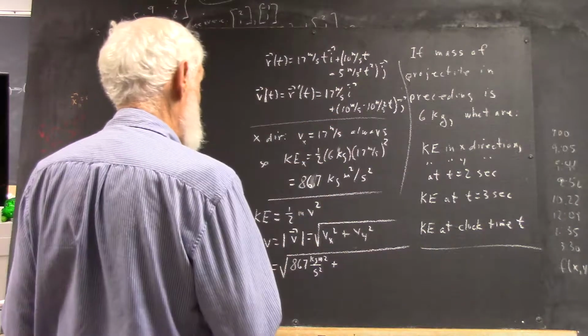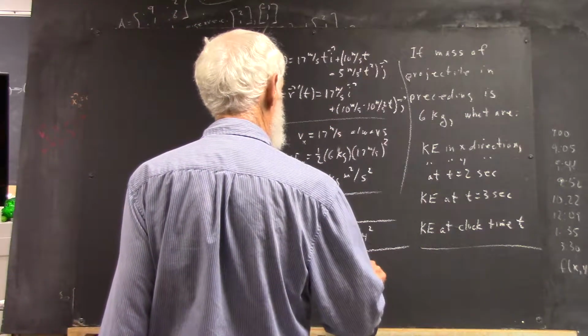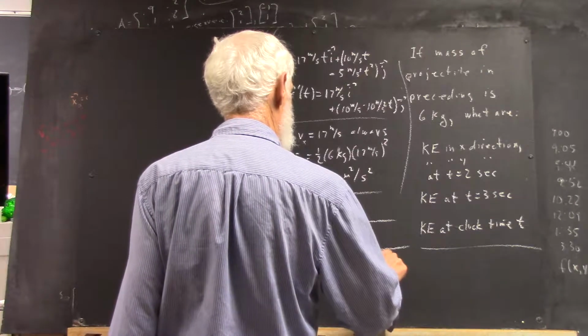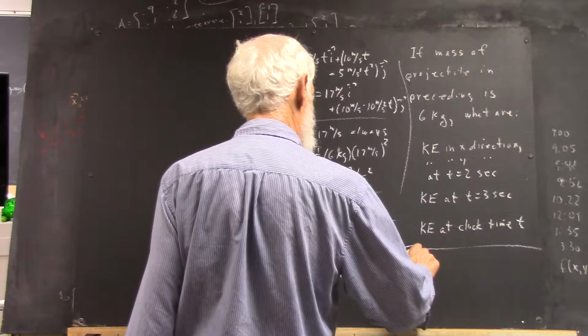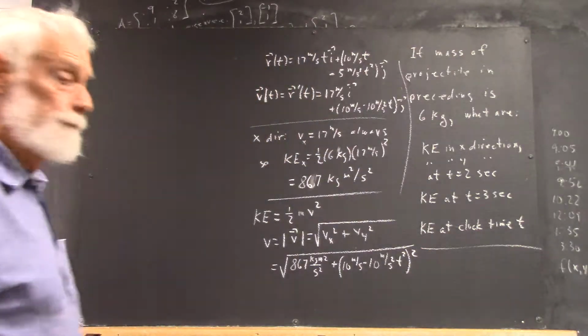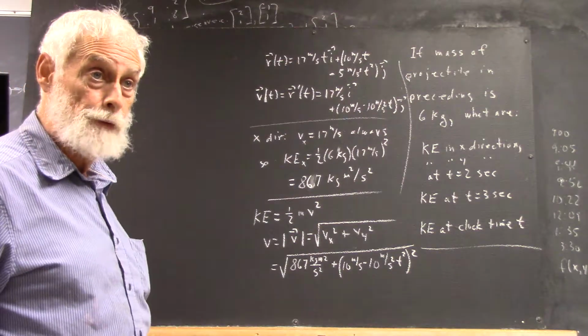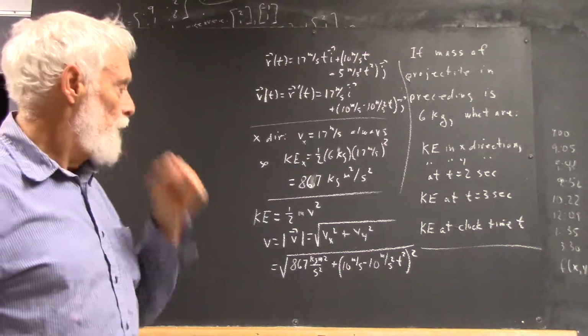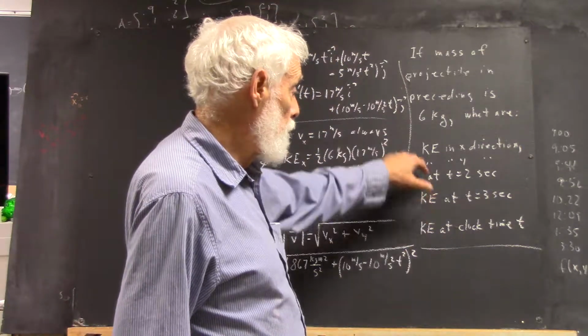So it's going to be this. Right? Makes sense? So you're going to just have one expression that you can evaluate at 3 seconds or 2 seconds